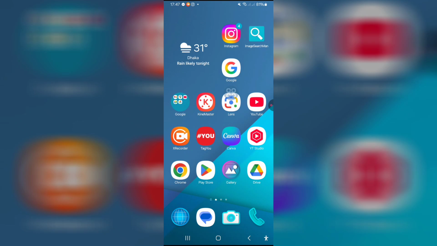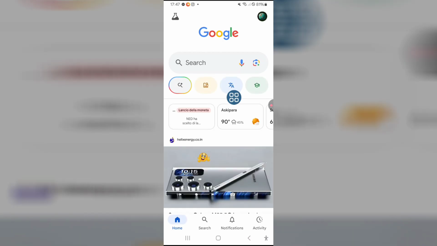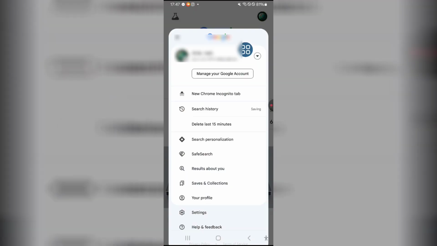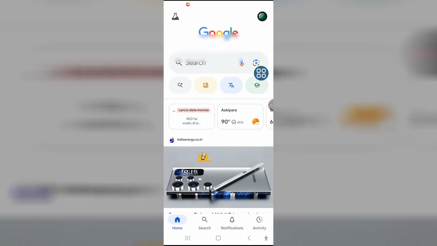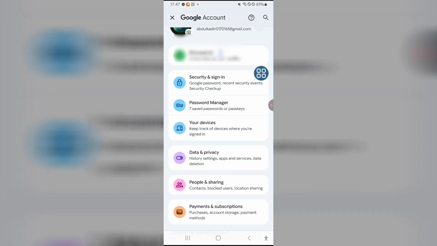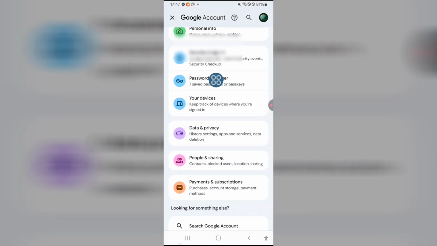First of all, open your mobile phone and tap on your Google account. Just wait for loading and then tap on the top right corner, your Google account profile, and tap on manage your Google account, and then just scroll down and see here password manager. Tap on here